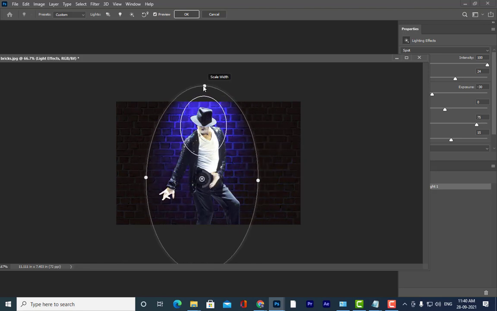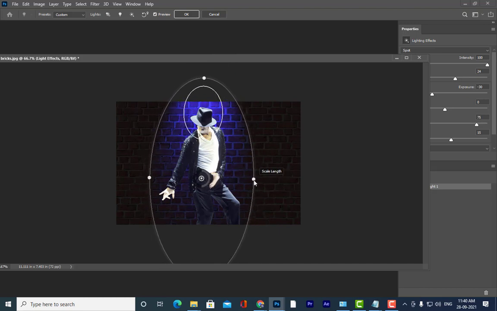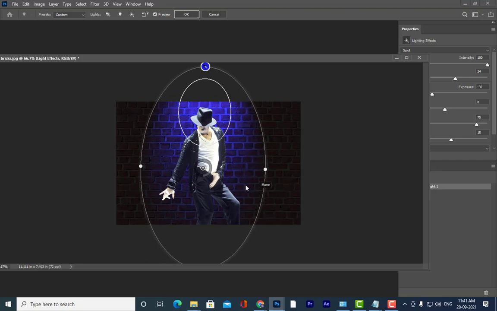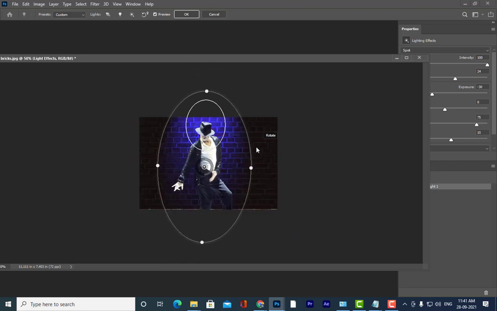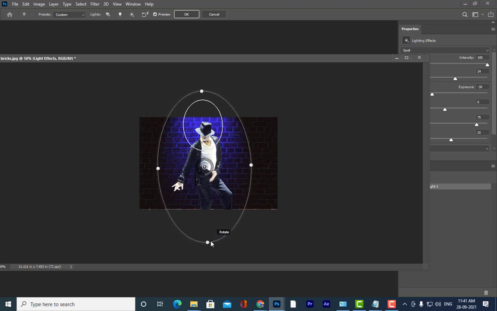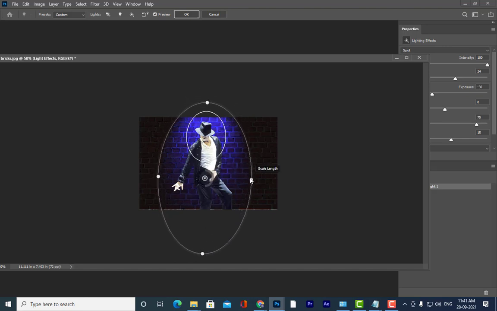Okay. And then I can scale this. See. So width is I can change the width. I can also scale the length. See. I can also do one thing. See, I can also rotate. See, I can rotate this, change the angle. Able to understand everyone? So like this I can do.